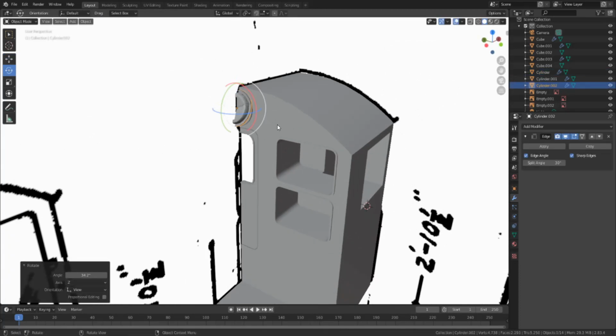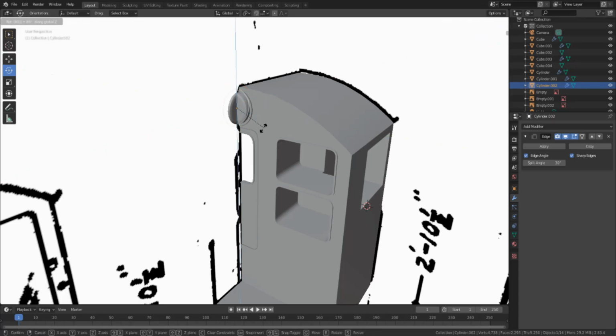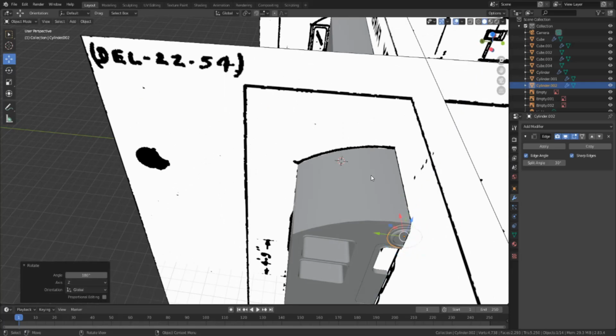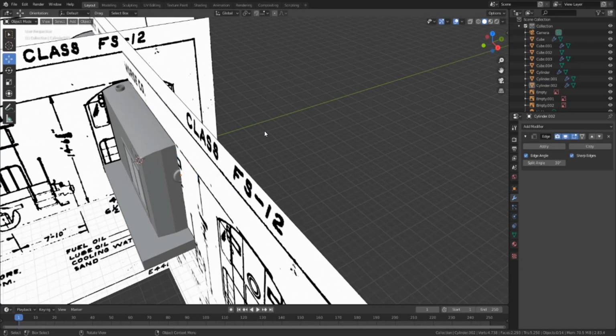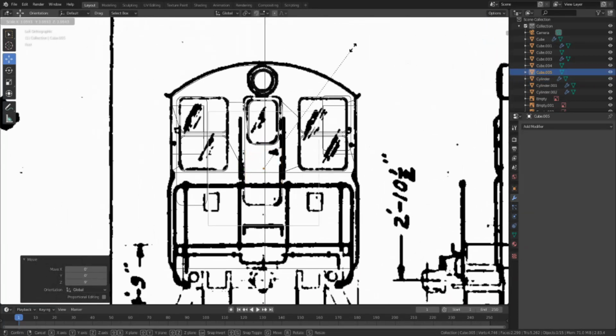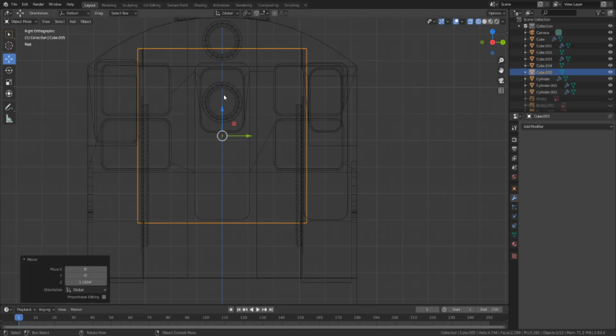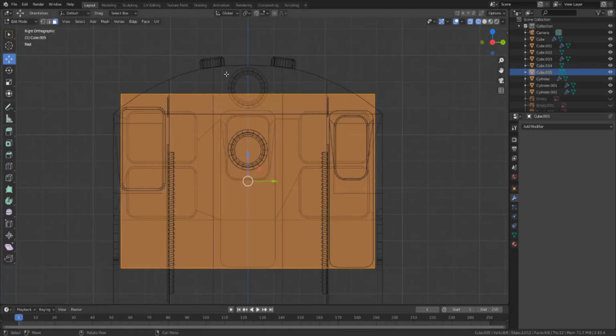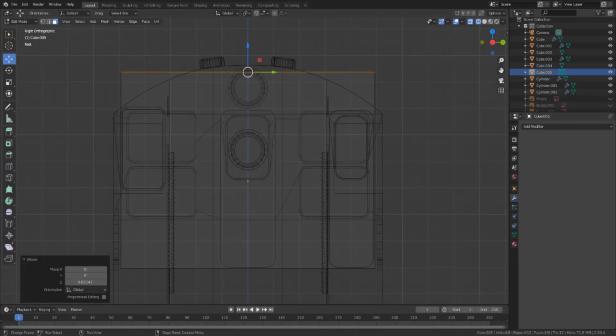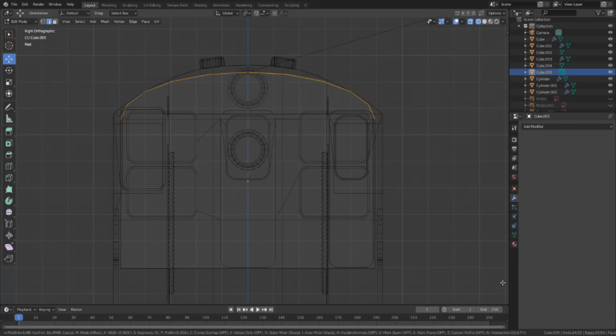All that was me putting a cube in, insetting a face, and then just extruding it in. So then right here I'm just doing the headlight. And then right here we're about to hollow out the cab. I always forget, but duplicate the cab before you start adding windows and details and stuff like that, so that way you can just scale it down and then just boolean out the inside of the cab. You can see here I'm just trying to get the roof, and